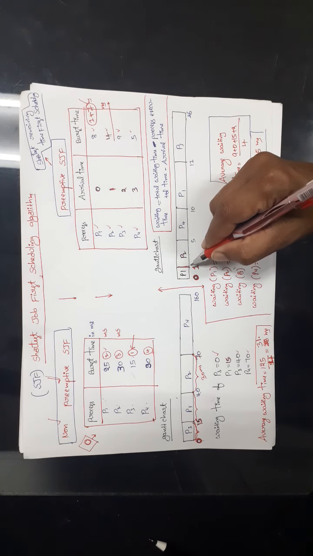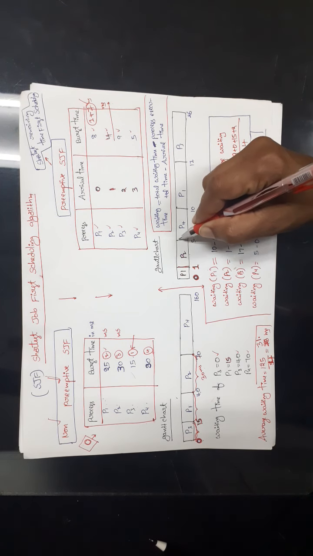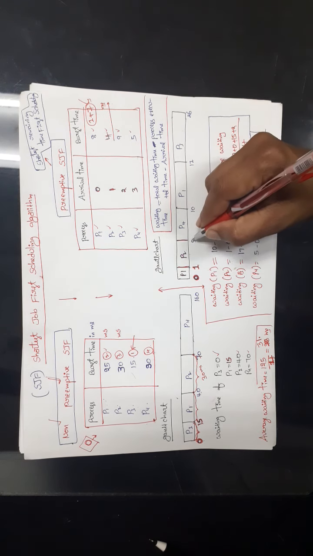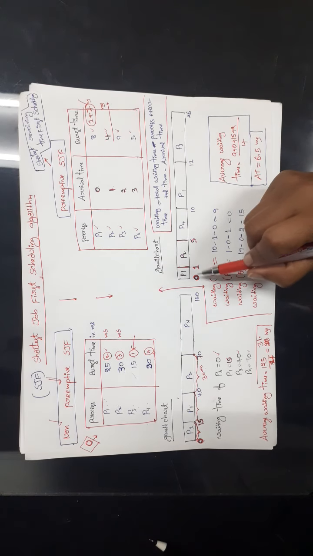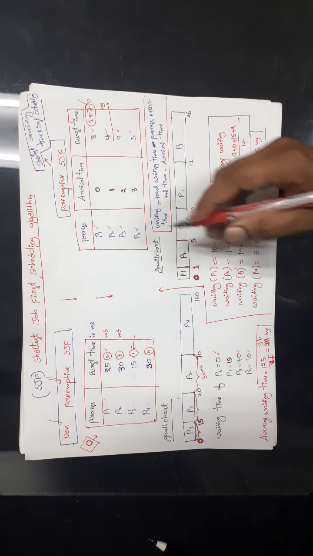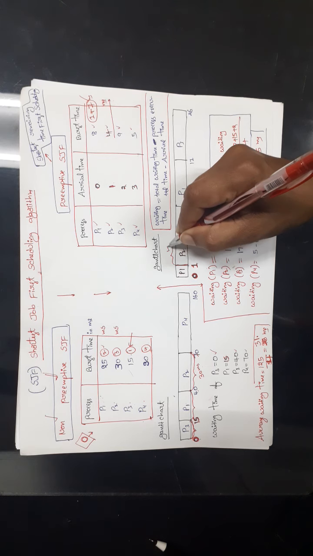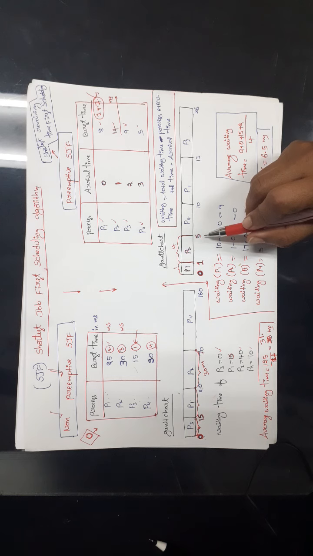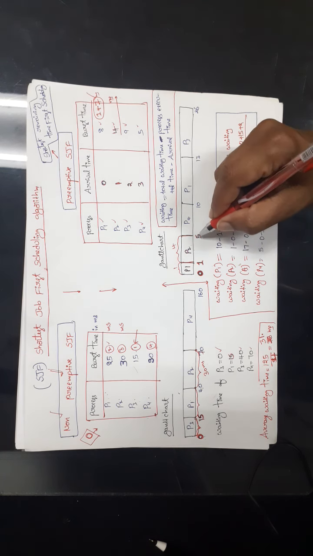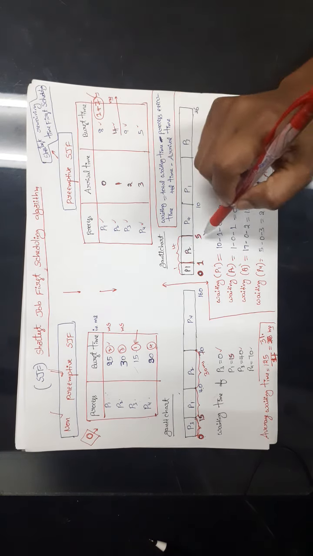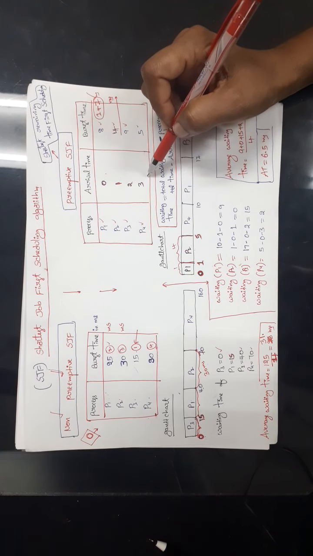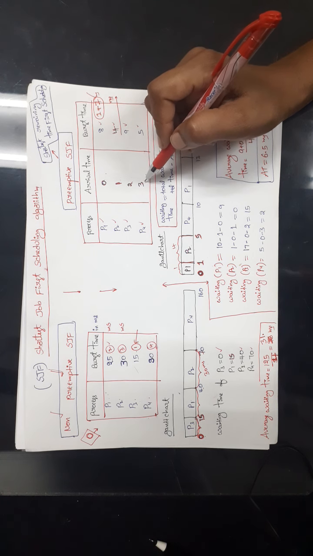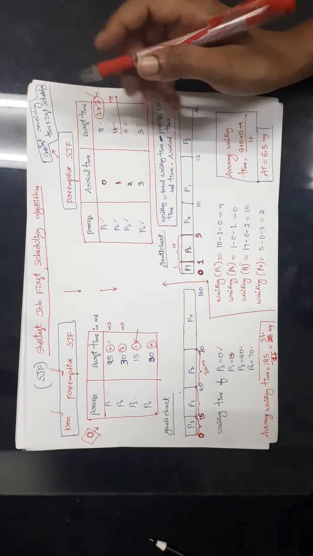So it will be executed for 4 milliseconds of time. Okay, then it has finished its execution. What is the time now? 5. Before that we have 1 millisecond, this time is 4 milliseconds, so in total the time is 5. At this time, if you observe, all the processes are in the ready queue, because P1 entered at 0, and the others at 1, 2, 3. So all the processes are in the ready queue now.